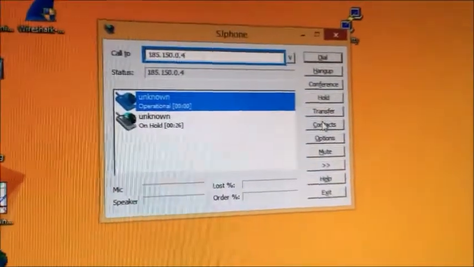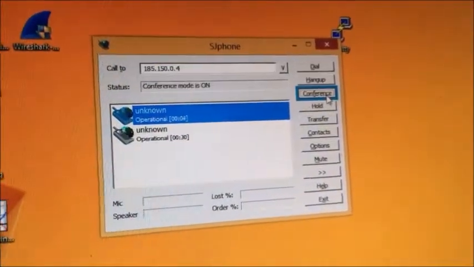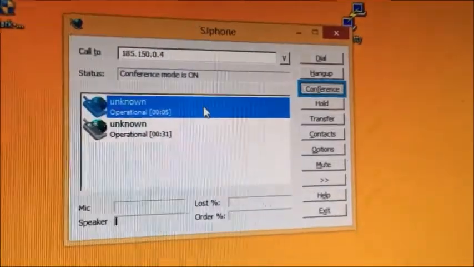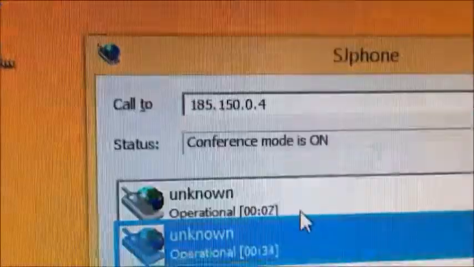I'm getting another call to another system. I'm gonna accept this call and click on conference. You can see the conference mode is on.